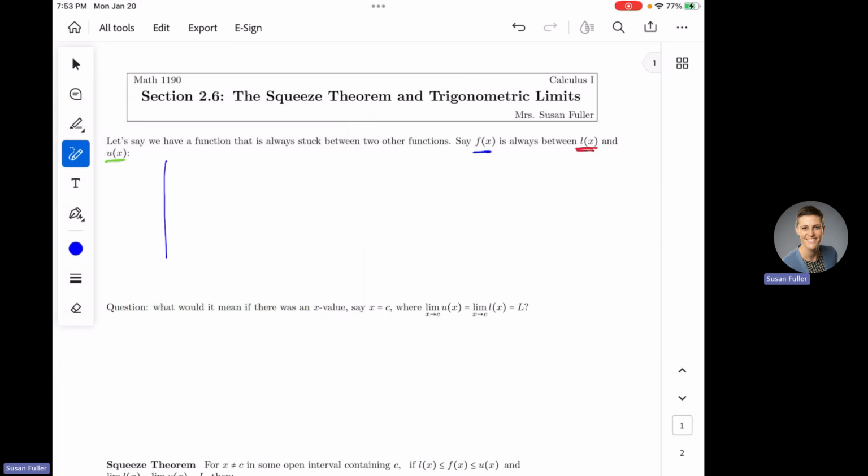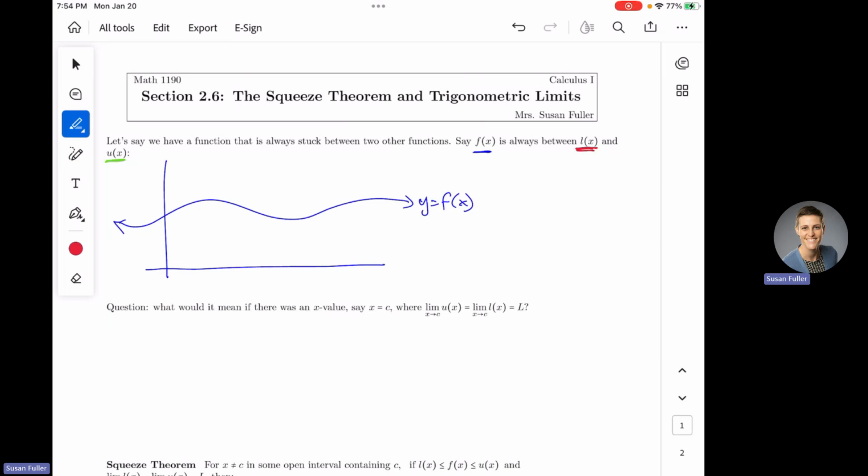So no matter which x value we're talking about, f of x is between those two. So what might that look like? What are we talking about here? So I'm just going to say, here is my function f of x, right? This function has to be stuck between some lower function, L of x. And so the lower function needs to be less than or equal to this function everywhere. So it's going to live down here somewhere. We might come back up and they might touch each other occasionally. But other than that, this lower function y equals L of x can never go above f of x. It's always stuck less than or equal to f of x.